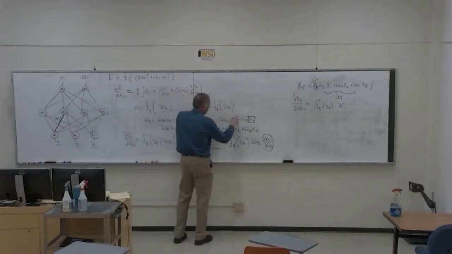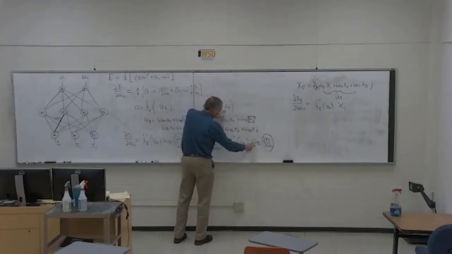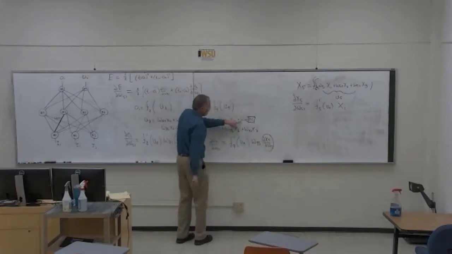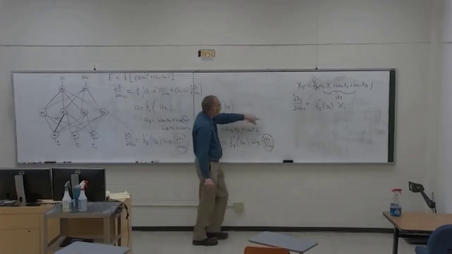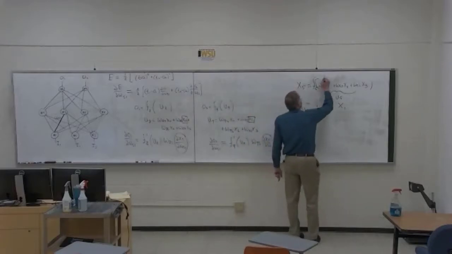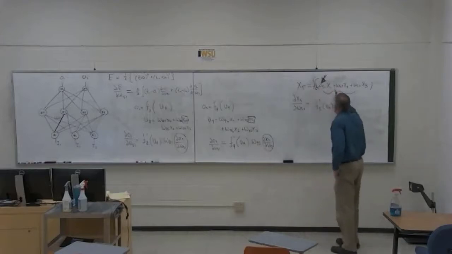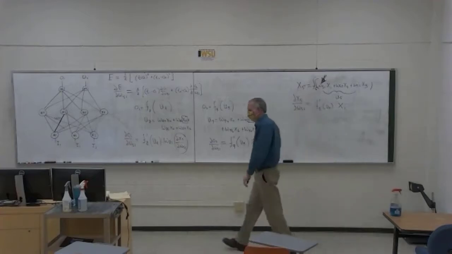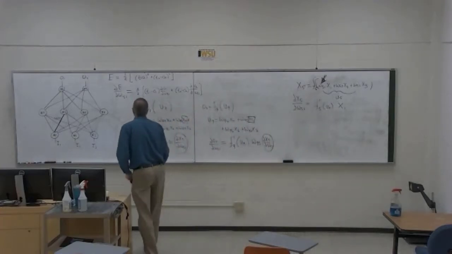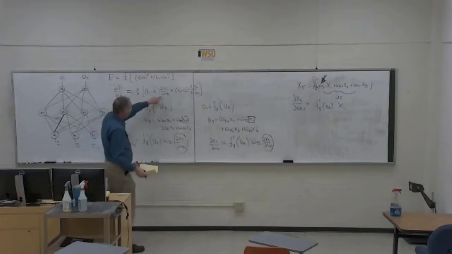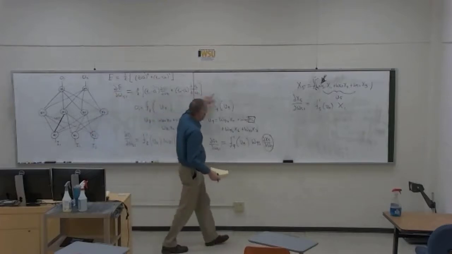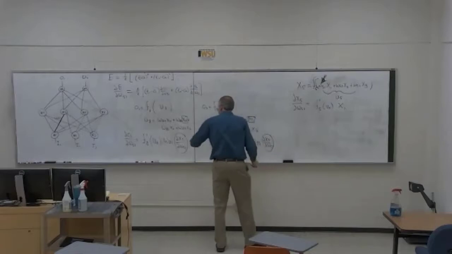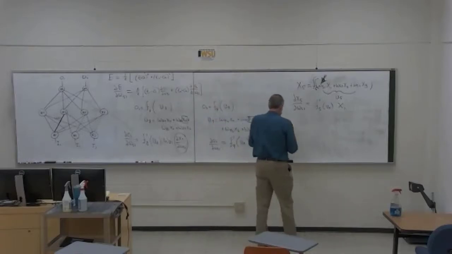And W phi 1 is inside X5 in O2, so we get F prime inside that. Then we have to take the derivative here, and then we chain rule into what X5 is. There's one of those for X5. So we go ding, ding, ding, ding. There's the actual thing we want to differentiate, so we chain rule into the function there to get that formula. And then when it's all done, we're going to collect it all together. So this up here, and this up here, and this here, and here. And we end up with